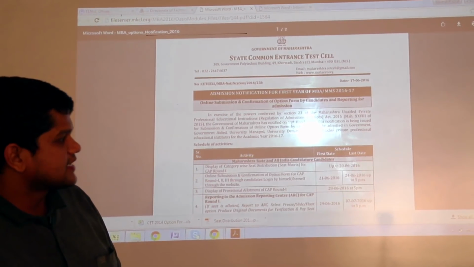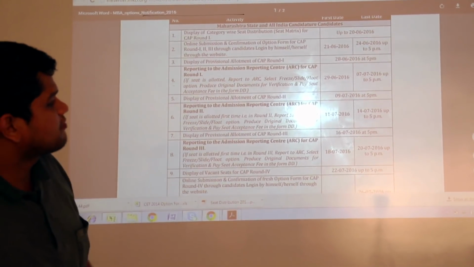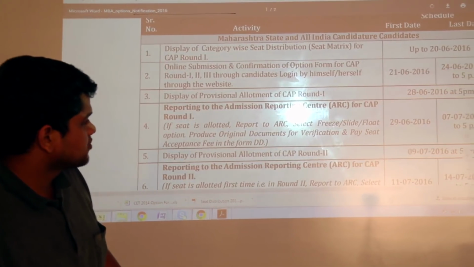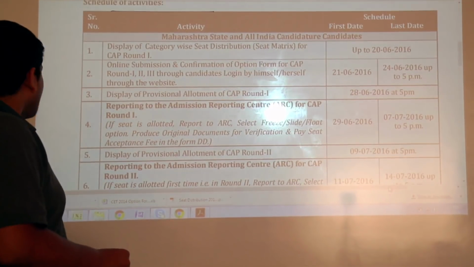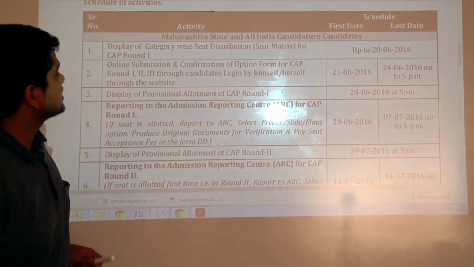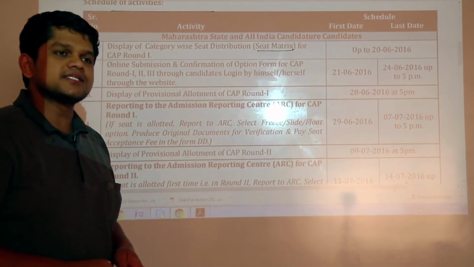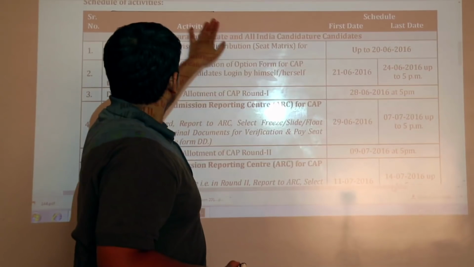So the first point, as I have discussed, was about the display of category wise seat distribution or the seat matrix. This was my first point that I took up. I showed you how you actually understand the different terminologies in the seat matrix. Fine. Now the next thing is